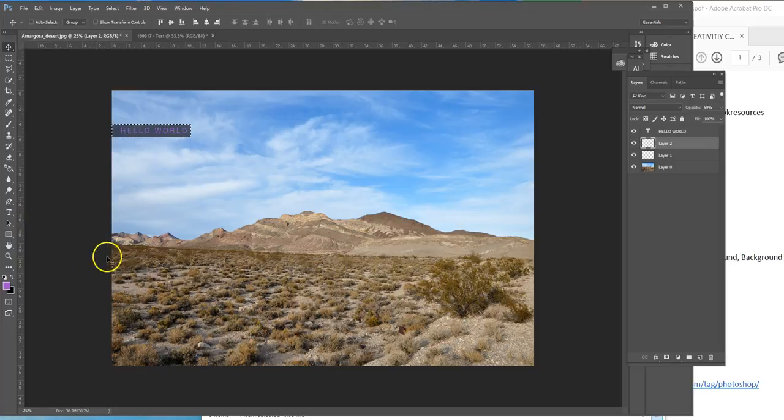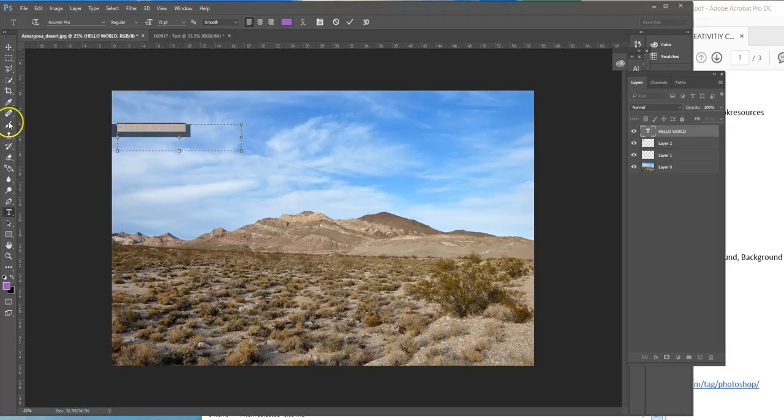And then I'm going to hit Control D to deselect, go to my text. Oops. It wants to lock on, which is not helping me right now, but I'll fix that. And I'm going to change it to white. So I just changed it back to the standard and then flipped them back and forth with this little button. Hit OK, and now it's still on move, so I'm going to move it right there, and we have a